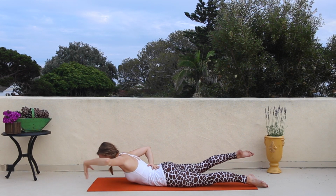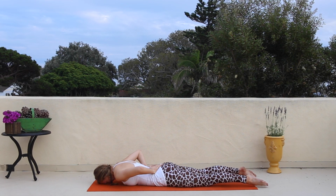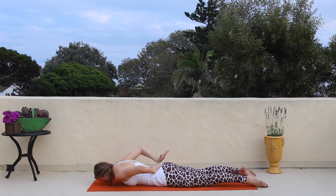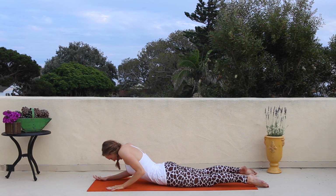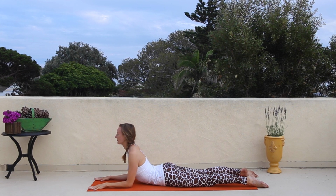Keep going, final set. And pull your navel up and in. Protect the low back, last one. Good. I want you to take your elbows underneath your shoulders, come into a Sphinx pose. Roll your shoulders back, reach your heart forward, big breath